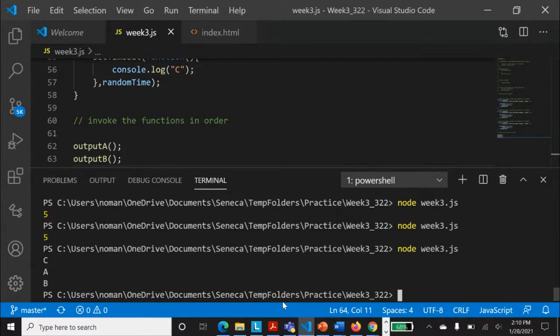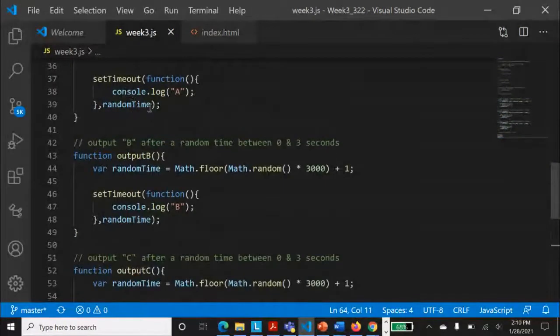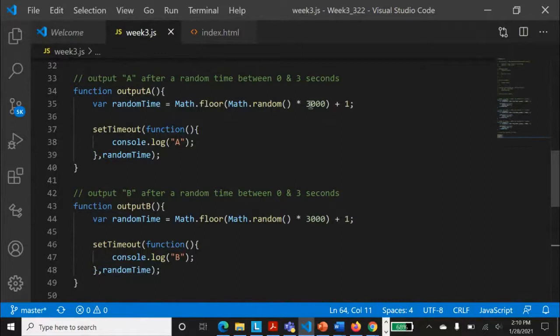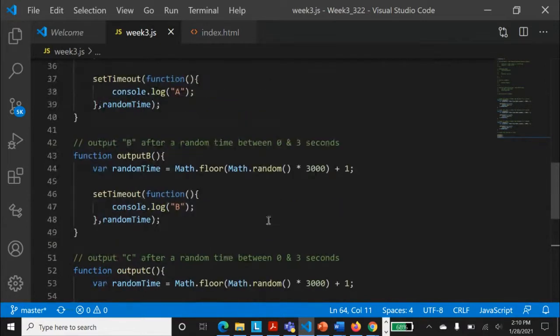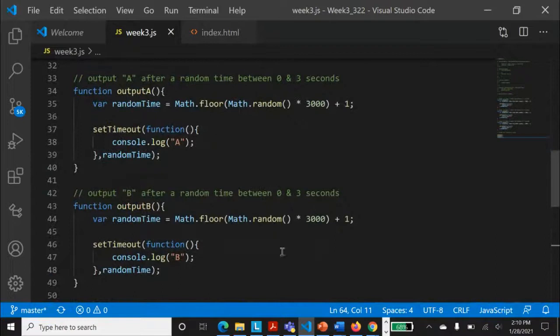Okay, you see CAB. So you are also seeing CAB. So you see what is happening. All these functions are running after a random time within the 3 seconds. So for me and for Rocky, maybe C executed after 1 second, then A executed after 2 seconds, and then B executed after 3 seconds.